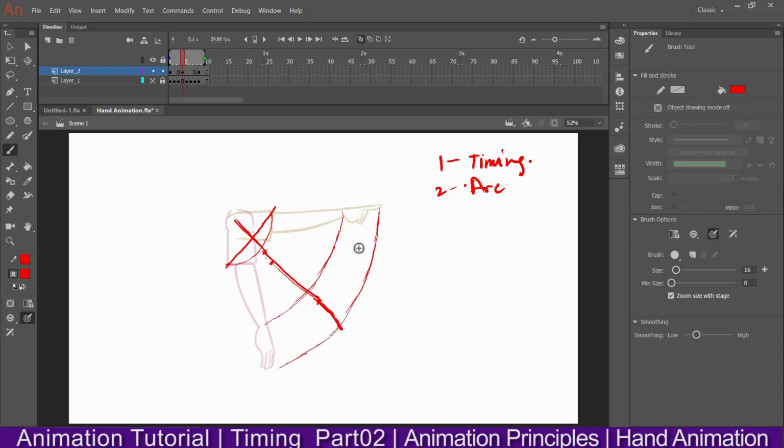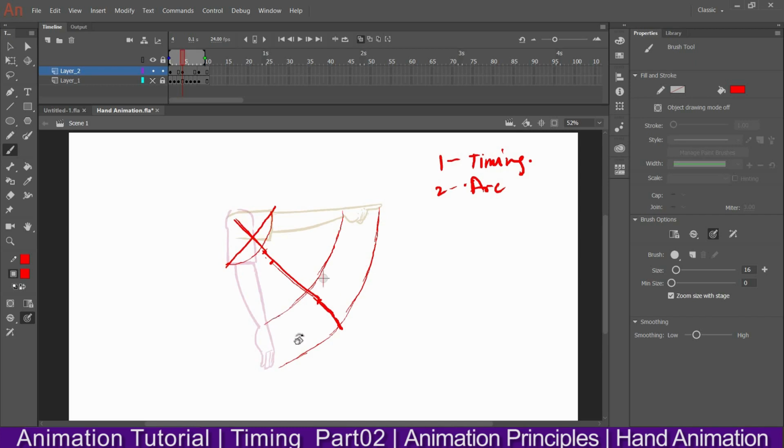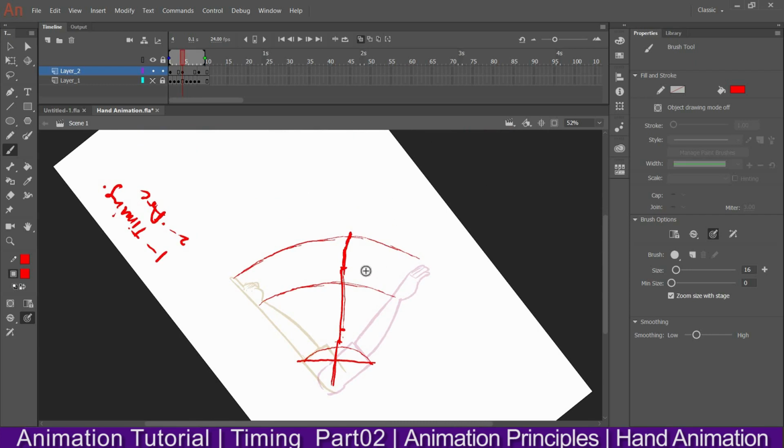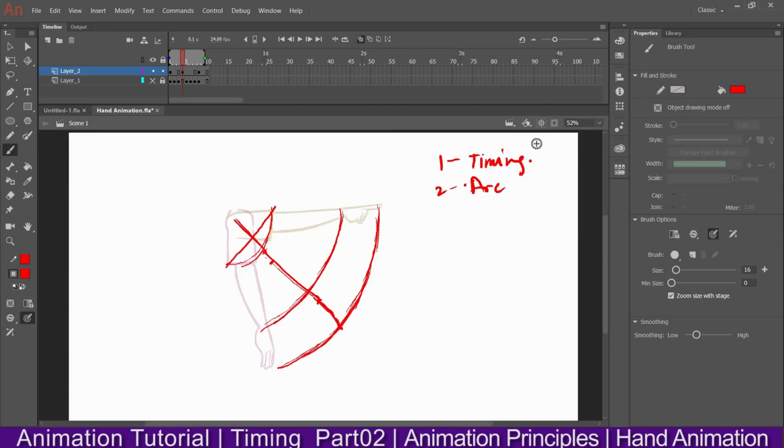So if I press shift and spacebar, then I can rotate the screen like this. If it is CC, then I can make a proper arc. Then I'll hit this center stage and it will come into the original position. So this is the arc you need to follow while doing the animation. Otherwise it will not look exactly how it should be. Okay, so arc is the main thing you need to follow.